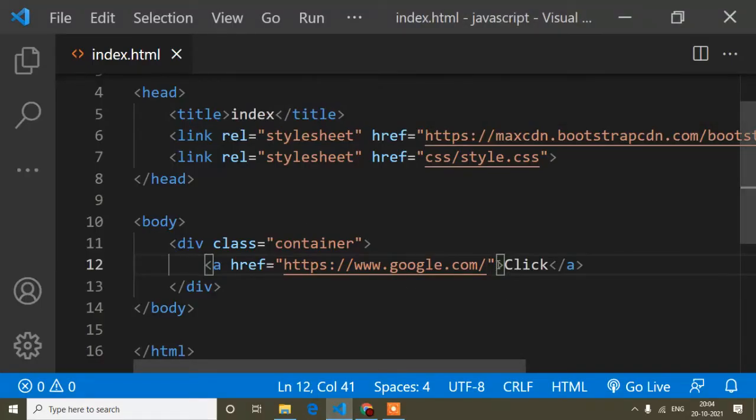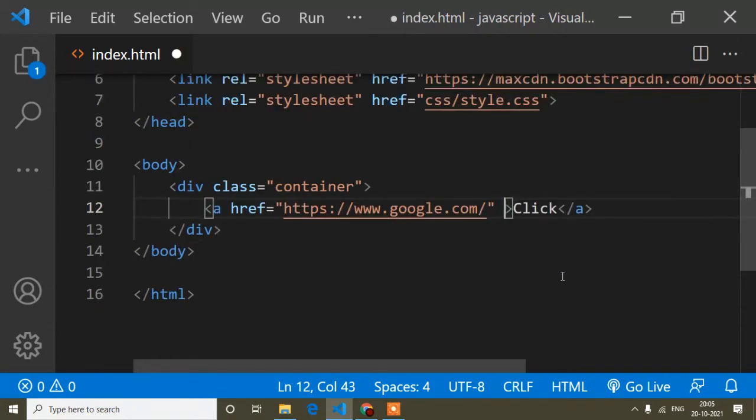That means the default event of this anchor tag is to go to another page or another link. I hope everyone knows about that, but I explain it again for this example. When I click the anchor tag, it just redirects to another link. So this is the default event of the anchor tag. Now, what will happen if I use the event.preventDefault method?